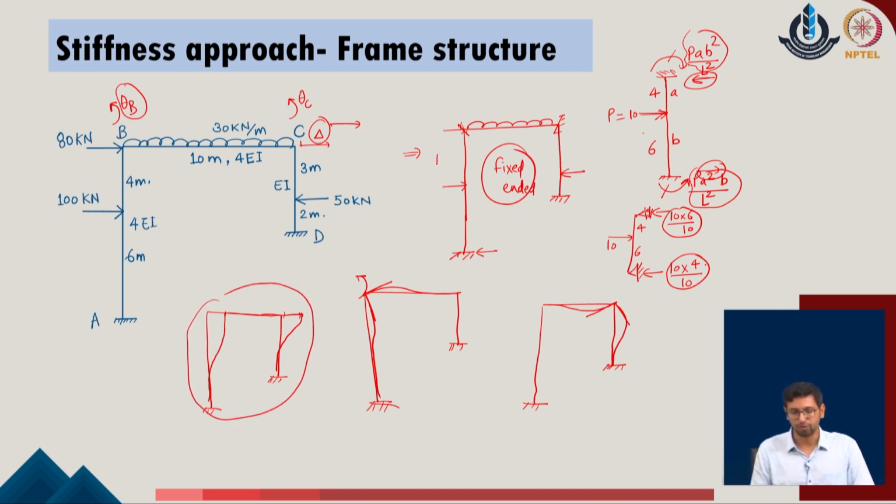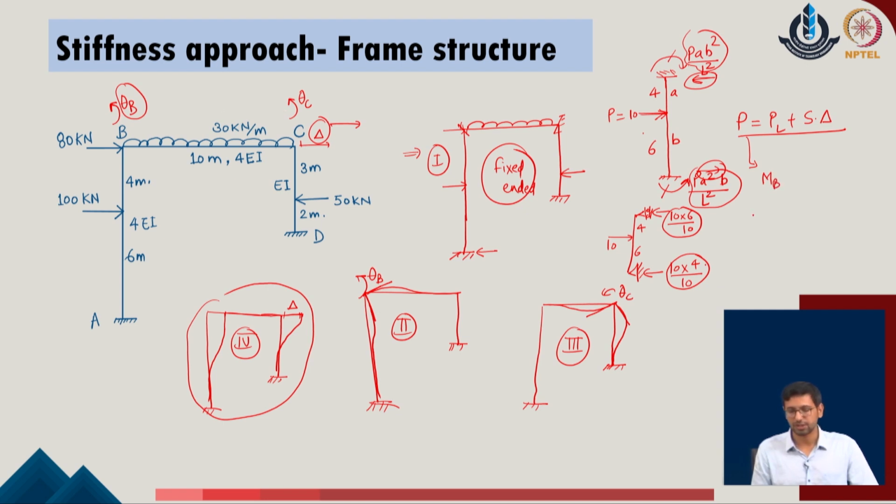So, this will be our system 1, which is corresponding to the fixed ended part, and this will be our system 2 with respect to the rotation theta b. This will be our system 3, which is with respect to the unit rotation theta c being applied here, and this will be our system 4, which is with respect to the amount of the translation or the sway provided in the given problem. Once we are able to identify these individual systems with their reactions, we can again go ahead with the calculations of the net equations that P is equal to P of L plus S into delta in the given problem. As in the given problem, we have 3 degrees of freedom. So, we realize that these equilibrium conditions with respect to the joint B will become as the moment at the point B.